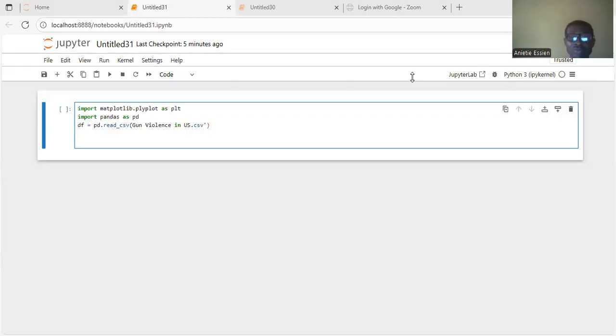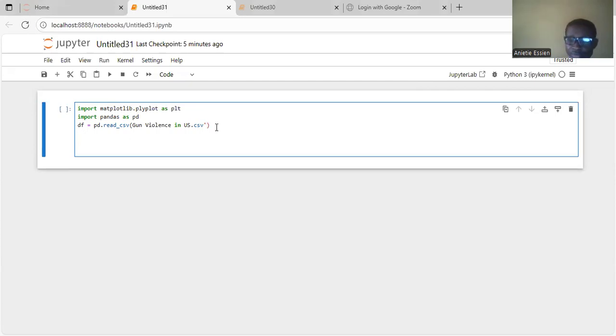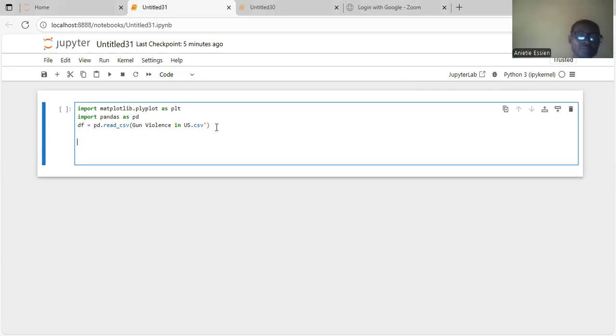Now I'm going to import that here with this code. So that's our dataset. We're going to import it now, in order to import this particular dataset into